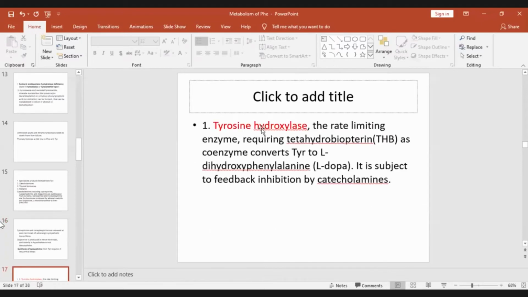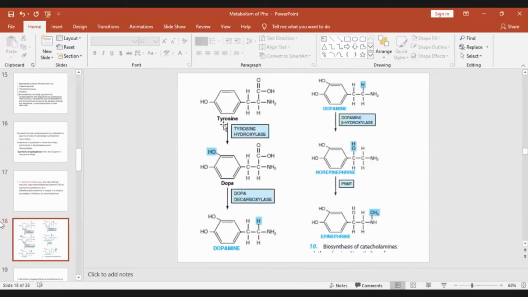You have seen that. So tyrosine hydroxylase, which is similar to phenylalanine hydroxylase, a tetrahydrobiopterin and NADPH dependent enzyme, converts it to DOPA, dihydroxyphenylalanine. So another hydroxylation takes place here. So DOPA is formed, which is acted upon by DOPA decarboxylase, a pyridoxal phosphate dependent enzyme that converts it to, so decarboxylation is brought about.